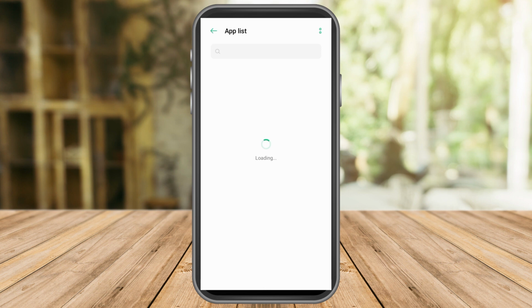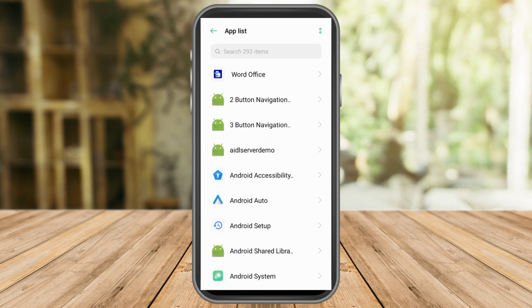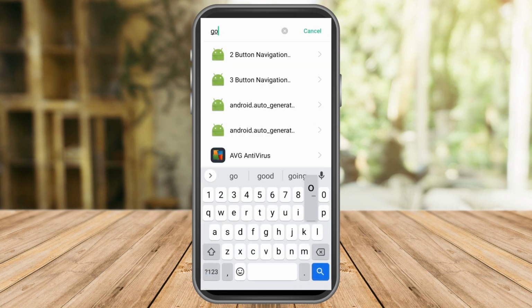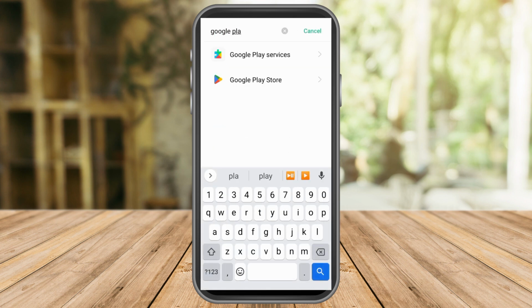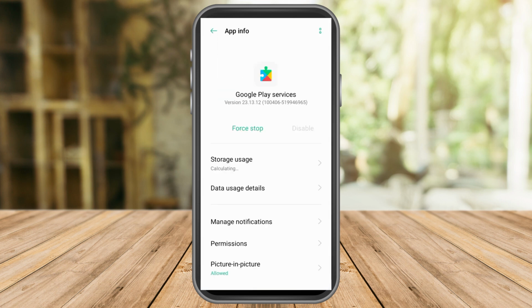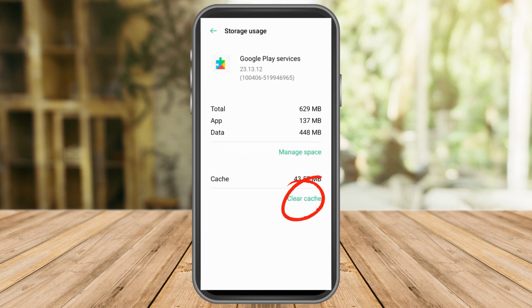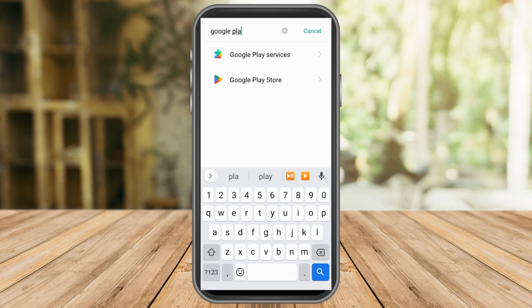You can type it directly on the search bar. So the first thing that you're going to look is Google Play Services. Tap the first one. All you have to do is to click the storage and clear cache. Tap clear cache. Now after clearing this Google Play Services, you can go back and look for Google Play Store,